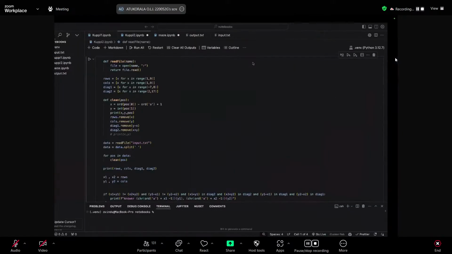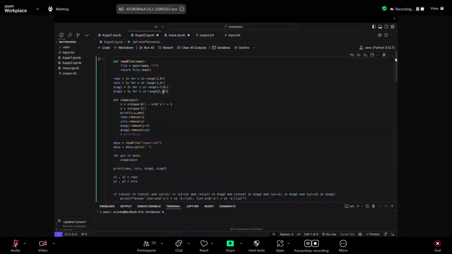So the smallest value of the intercept would be here, which is 1 plus 1, which is 2. The largest value of the intercept would be here, which is 8 plus 8, which is 16. So which is why I took 2 to 17 as the range for diagonal 2.